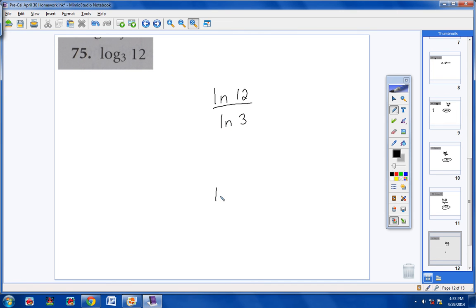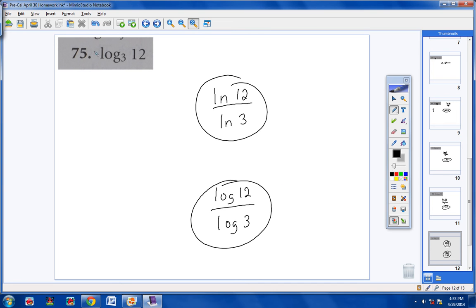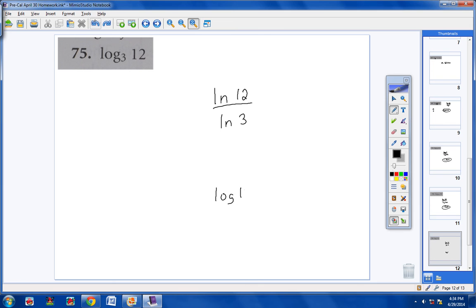Now listen, students, you could also take the common log of 12 divided by the common log of 3. If you don't believe me, go ahead and try this. Type this into your calculator, type this into your calculator, and you'll get out the exact same answer. The reason we're not going to use the common log is the directions say to use the natural log. So I'm going to take the natural log of 12, enter, divided by the natural log of 3, enter, and the answer is going to be